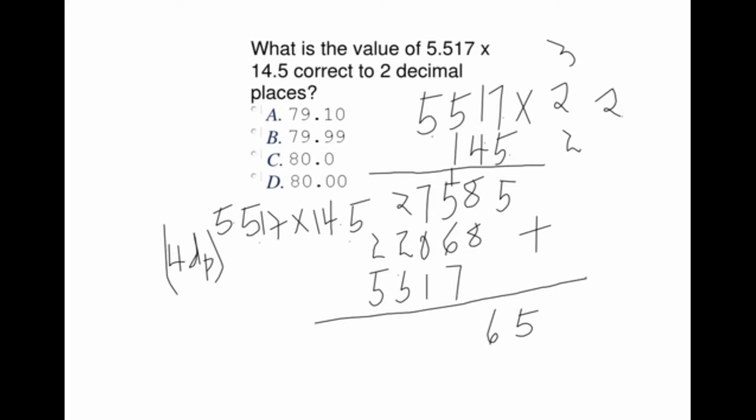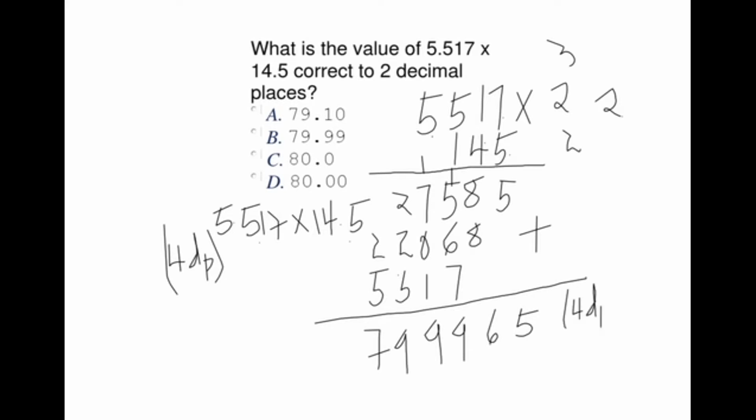5 plus 1 is 6. Plus 6 is 12. Plus 7 is 19. We carry 1. 7 plus 1 is 8. Plus 0 plus 1, 9. 2 plus 2 plus 5 is 9. Then 0 plus 2 plus 5 is 7. So we have 799,965. But remember, we had 4